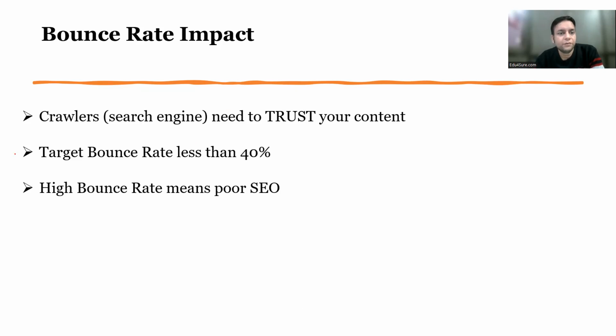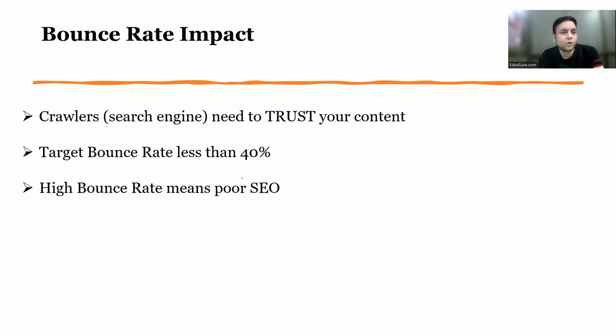So what actually happens when we see the search engine, let us say Google? The crawlers are there, and crawlers need to trust your content. They will trust your content when people do not bounce back from your website. Say people come to page D and do not go back from page D; they also check other pages. In this way they spend more time, say two or three pages of your website at one time. When they visit your website, they should go to 2, 3, 4, 5 pages.